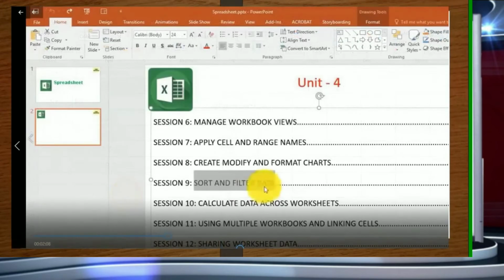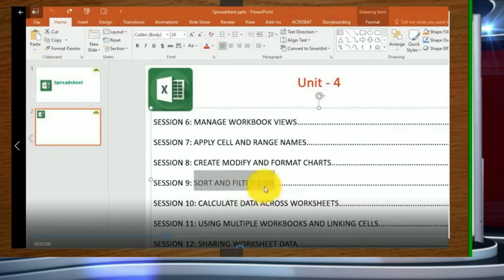Now coming to the next, we have calculate data across worksheets, then session 11, using multiple workbooks and linking cells. Children, these two sessions are almost the same, so we are going to do them together.